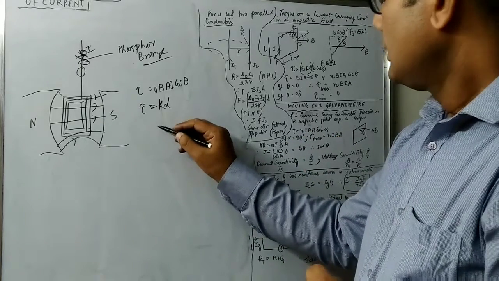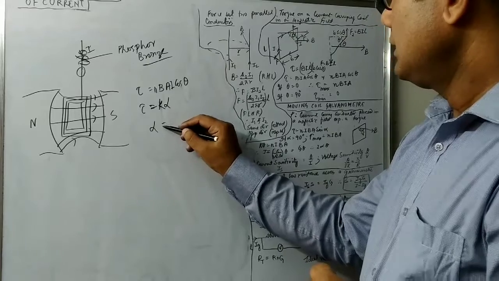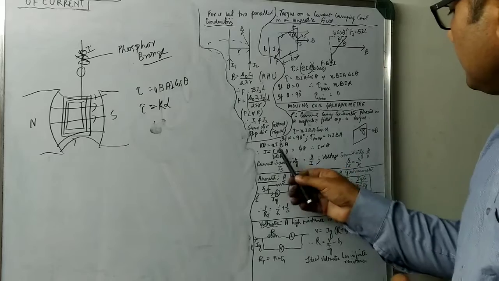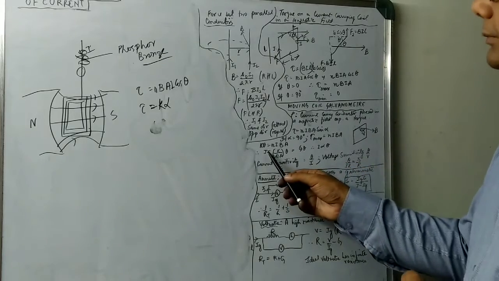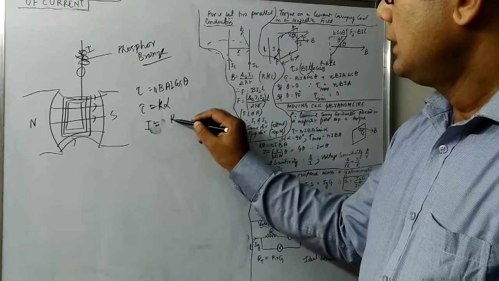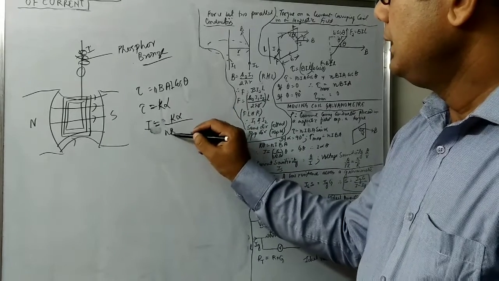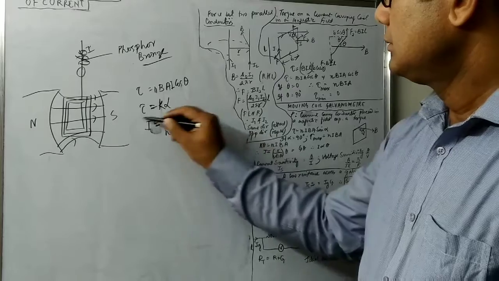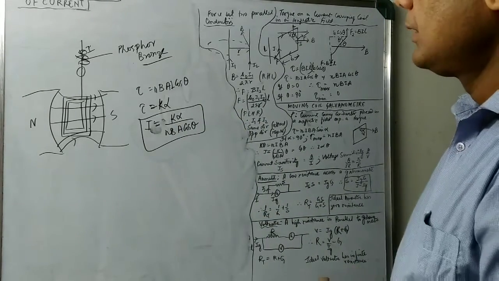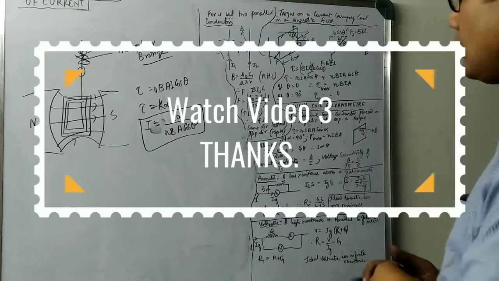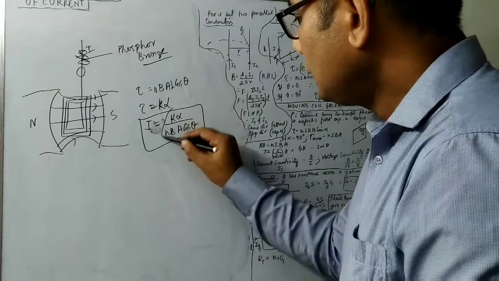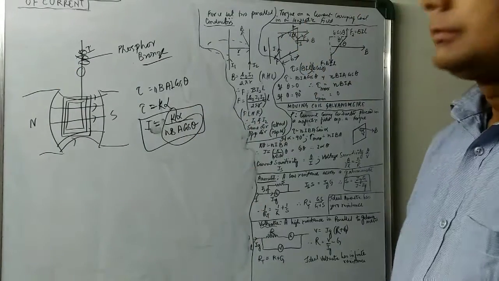Then I can find out K, the twisting torque. From here, I will be K alpha by NBA cos theta. This will be the I. So now, watch one thing. Here I can tell that this part is a constant part.